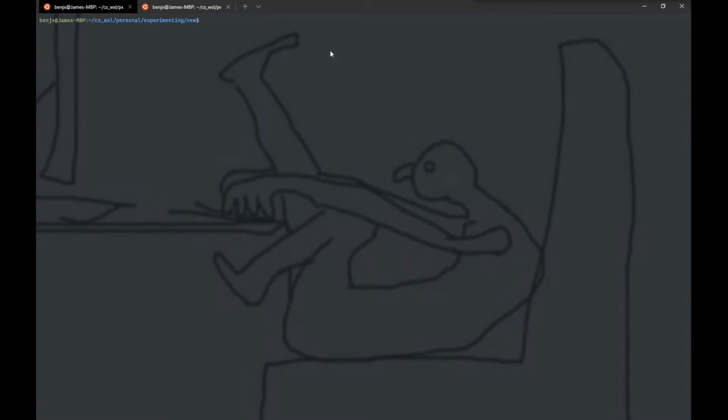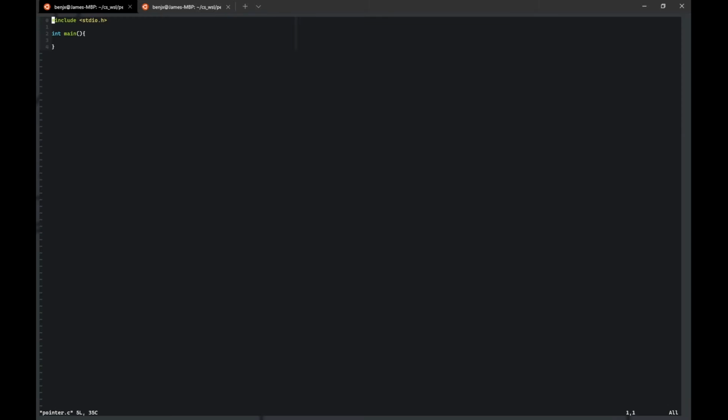Alright, so this is just me giving a really brief introduction to pointers. Pointers are just another type of variable. They basically allow you to access variables beyond their normal scope and allow functions to directly modify existing variables. So for example, if we have an integer named a, and we set